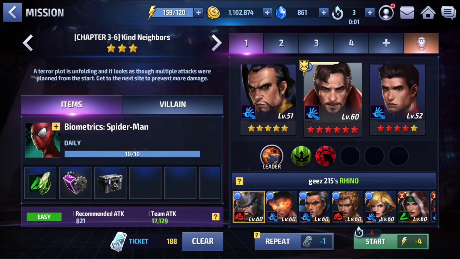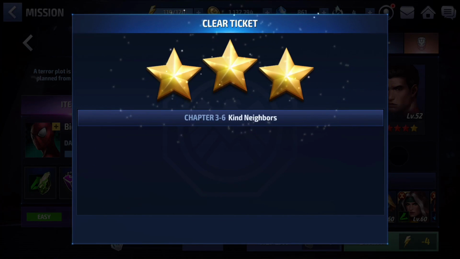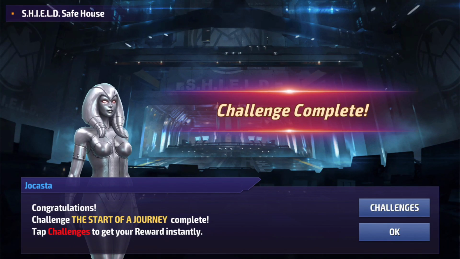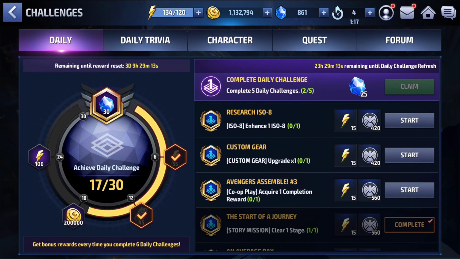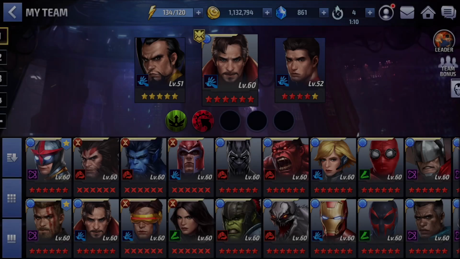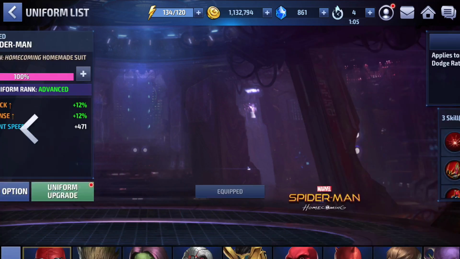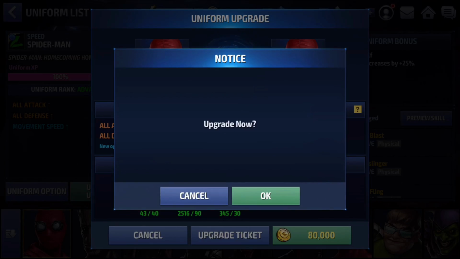Do this quest right here. I need gear up kits, so why not? We'll just go ahead and bang out 10 of these right here. And that puts us in a position to go ahead and get that Spider-Man costume leveled up. Oh, got 5 of those clear tickets right back. Gotta love it. And now I go to uniform list. I can upgrade. It's only 30 gear up kits. I know that they can be a little difficult to get, but